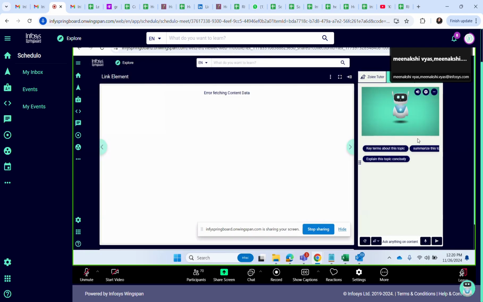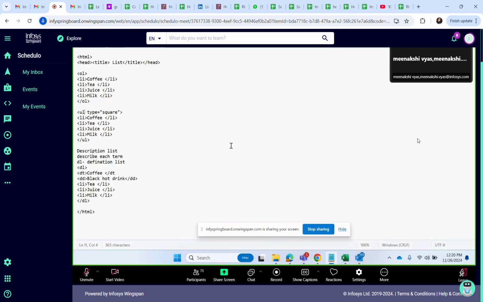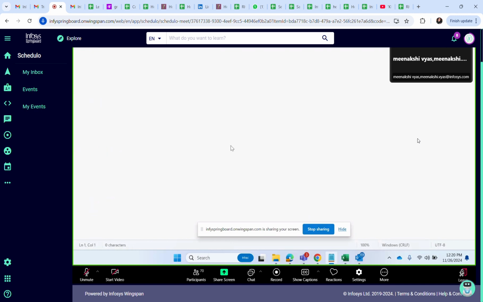This is what linking the element means. In a website you have to link some web pages and certain images so that you can create a proper website or a proper connection. So let's learn how we can link different pages in HTML.